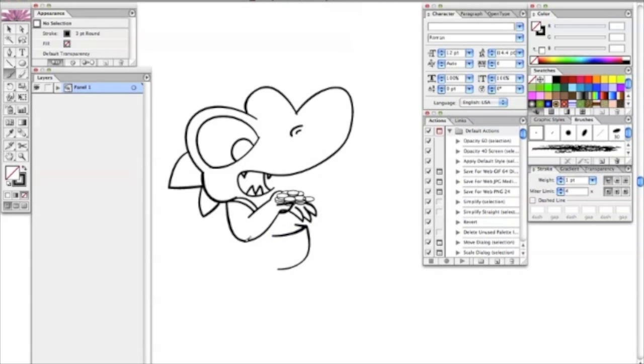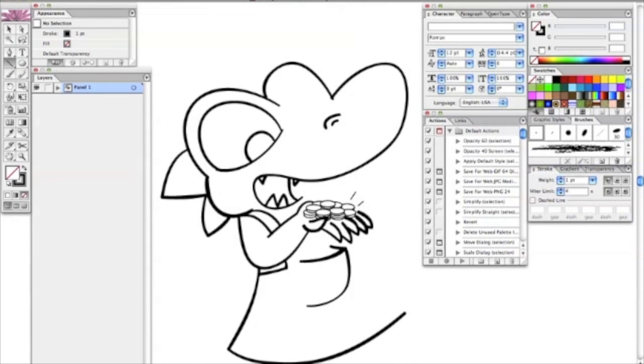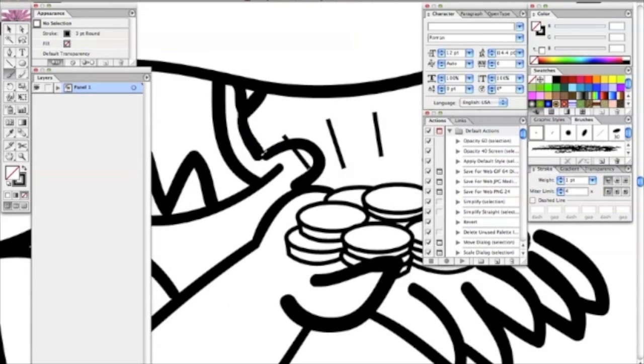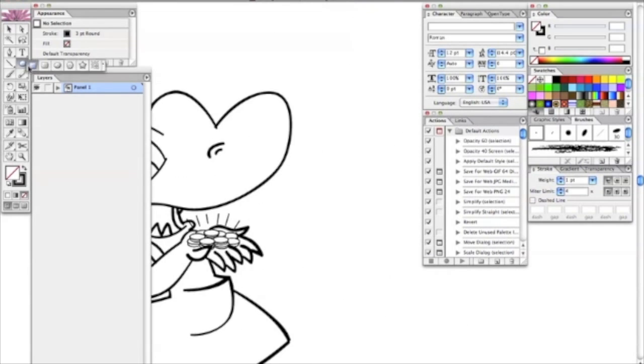Any objects that are kind of geometric, or what's the word? Whenever I have to draw objects that have very flat surfaces, they're nice and straightforward because you just don't have to think about the same kind of things. And I think I can't quite remember now what sort of thickness I ended up using, but right there you